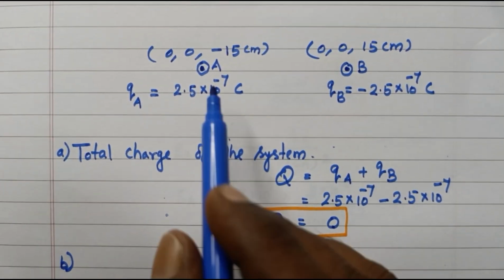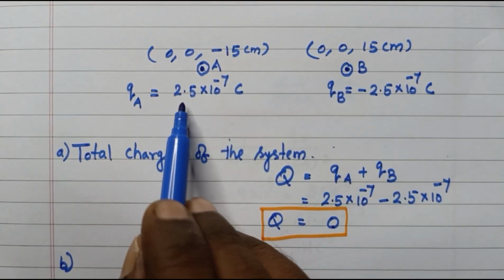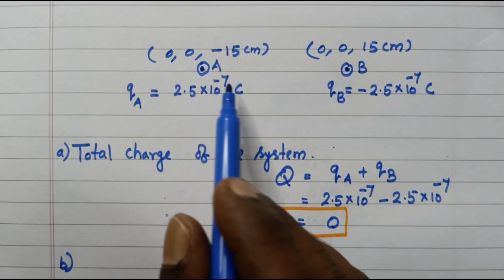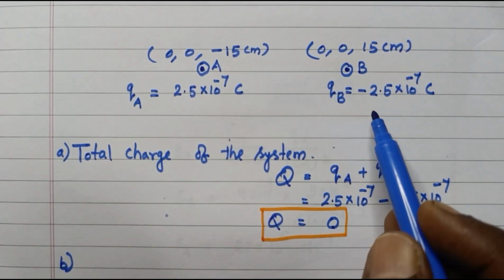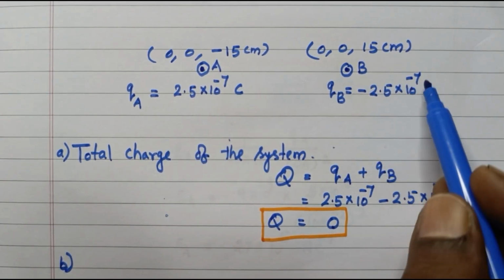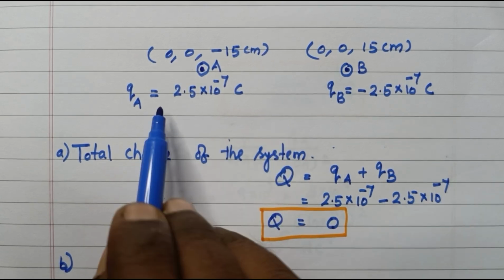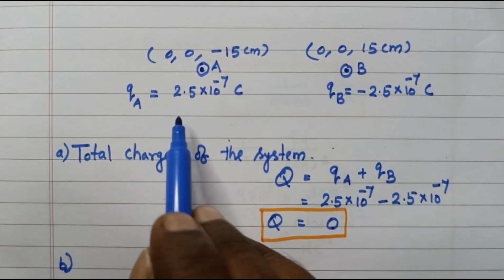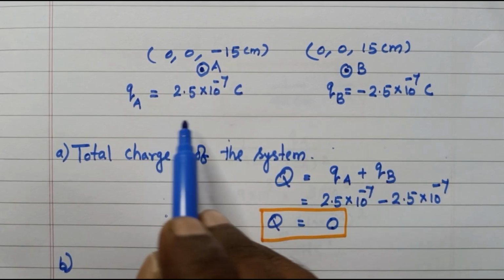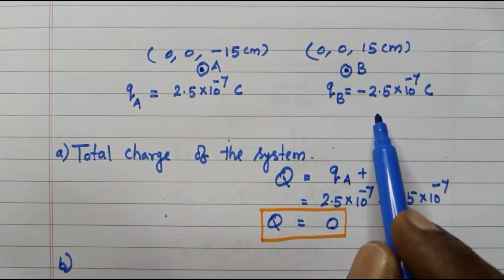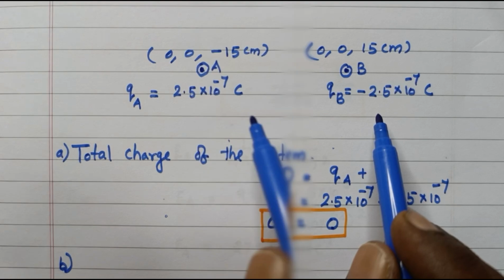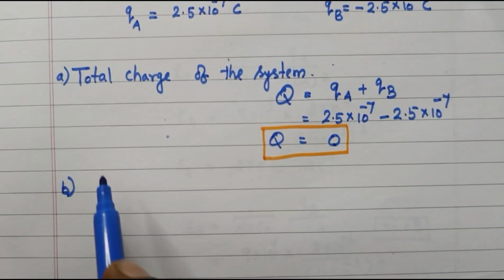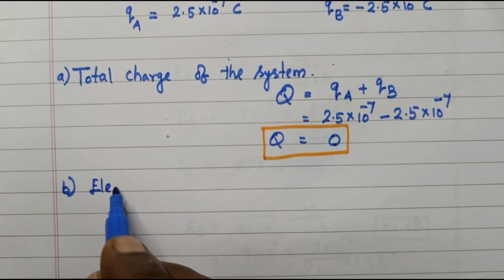So இந்த சிஸ்டமில் ரெண்டு சார்ஜ் இருக்குது. இந்த ரெண்டு சார்ஜினுடைய மேக்னிடியூட் சேம். இதோடைய வேல்யூ 2.5 into 10 to the power minus 7 coulomb. இதோடைய வேல்யூ minus 2.5 into 10 to the power minus 7 coulomb. இது plus இது minus, but the magnitudes are same. Two equal and opposite charges separated by a small distance is called electric dipole. We have to find the dipole moment. So how to find the dipole moment? Electric dipole moment